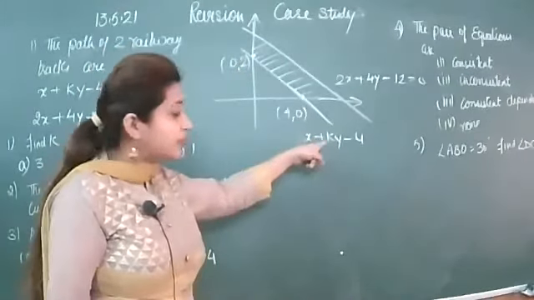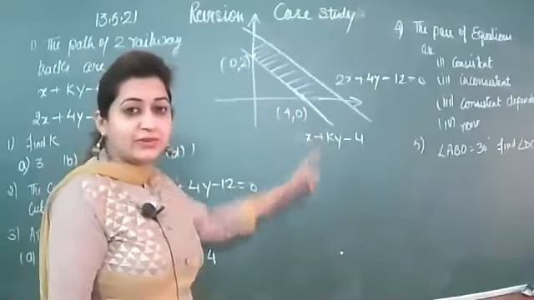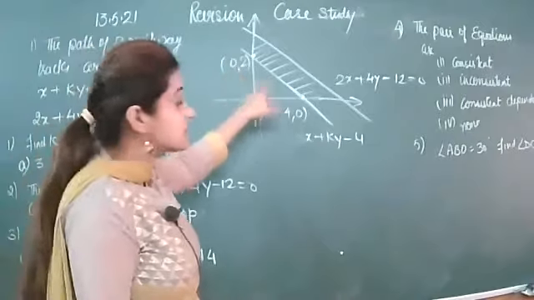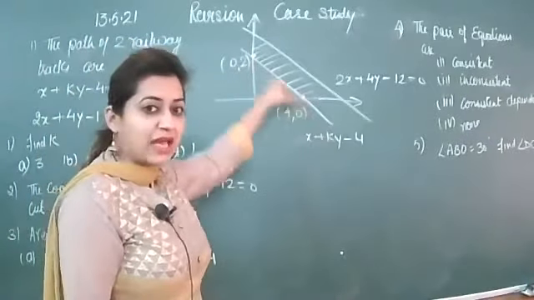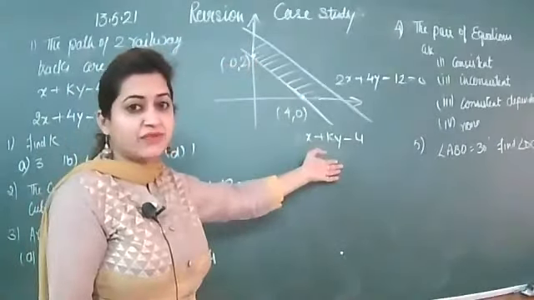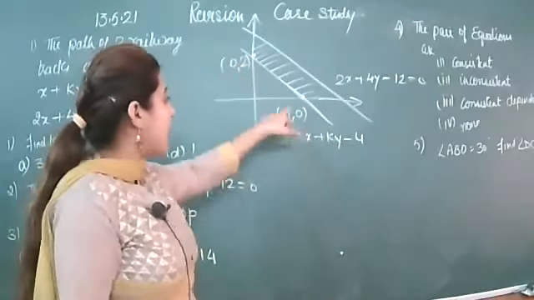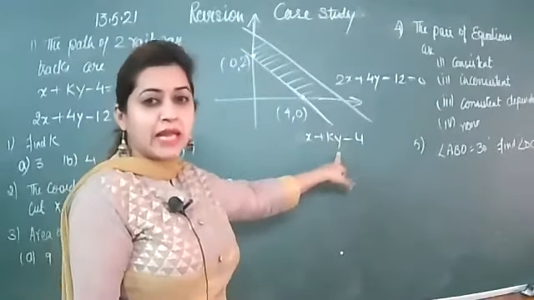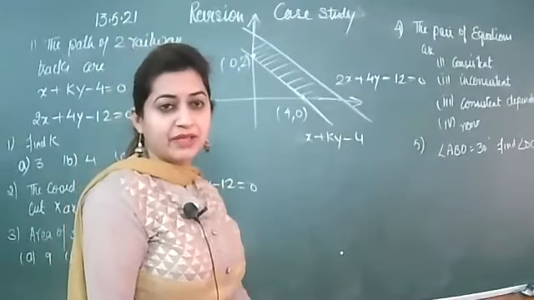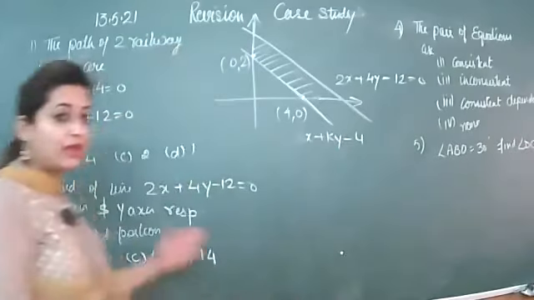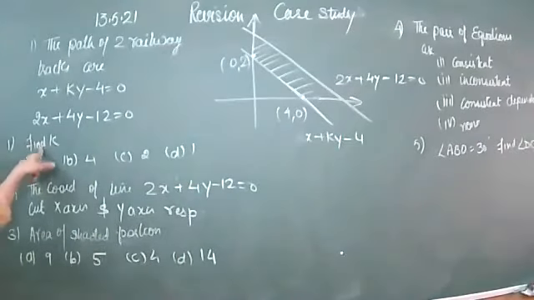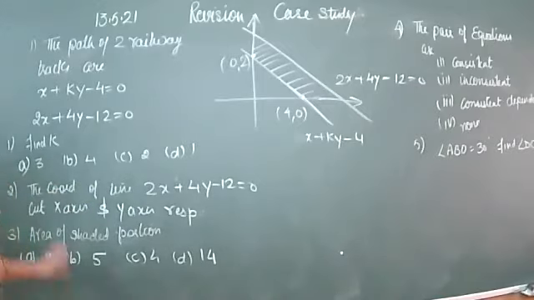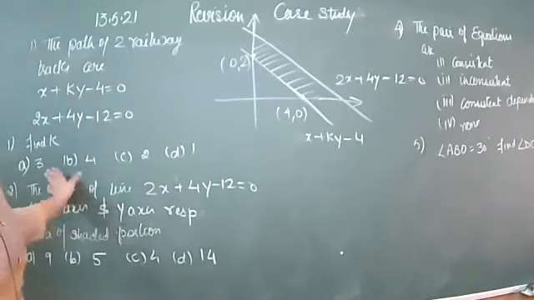Can we find the value of k by using these two values? Yes, because these two values are the solution of this line and they will definitely satisfy the equation. If you put 0 in place of x and 2 in place of y, then you will be able to get this k. Now look here, the first part is find k. The condition is given. These values are given, you have to find it.